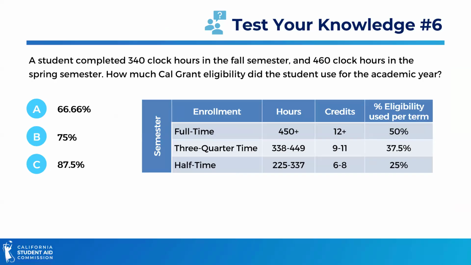And here is our second to last test your knowledge question. A student completed 340 clock hours in the fall semester and 460 clock hours in the spring semester. How much Cal Grant eligibility did the student use for the academic year? So this will require a little bit of math. So 340 clock hours in the fall, 460 in the spring. Remember how much eligibility is used for each term of Cal Grant and the way that clock hours are converted to credit hours. So I'll give you just